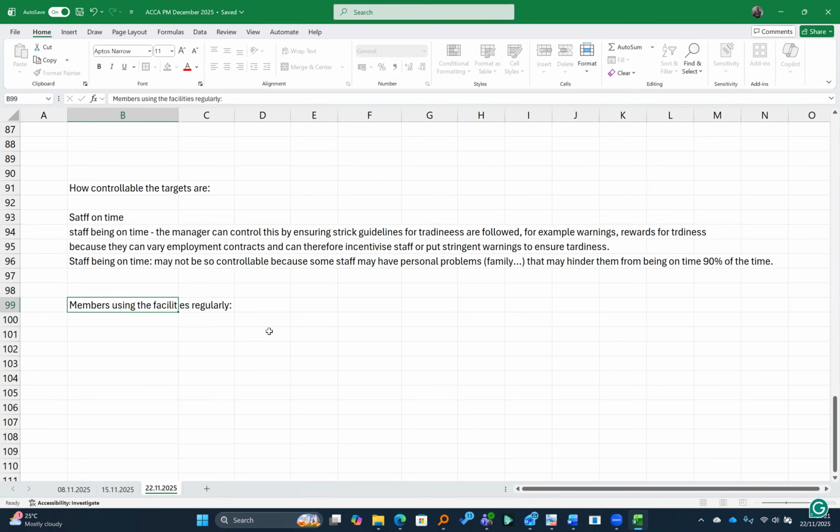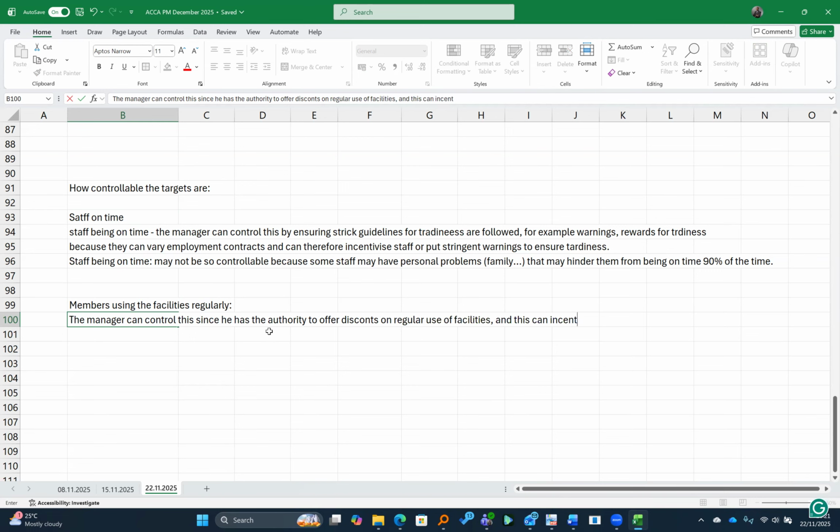So here, you can say that the manager can control this since he has the authority or the autonomy to offer discounts on regular use of facilities. This can incentivize the members. Okay. However, the other side is usually like even if you give them,